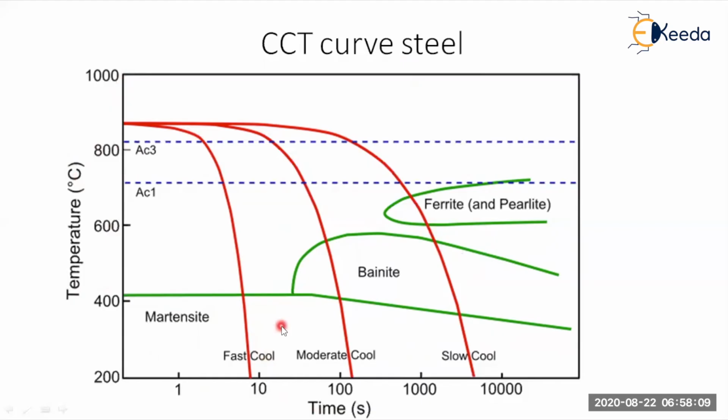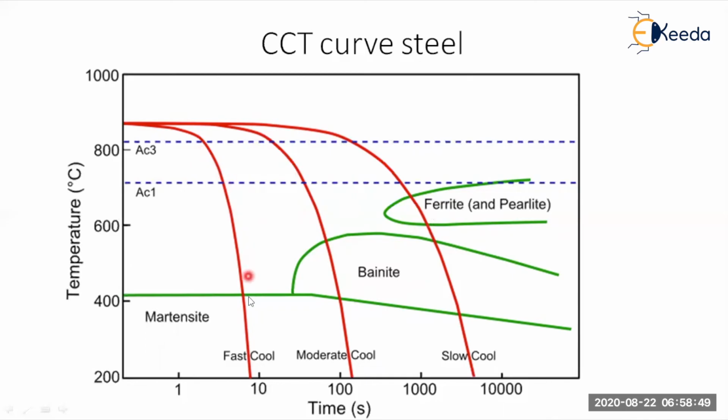In the TTT diagram, the main difference is that it shows the same materials, but at constant temperature. But here in the continuous cooling transformation, at the left extreme position you can see the martensite, at the right extreme position you can see the ferrite and pearlite structures, and in the middle portions you can see the bainite structure. Anyway, in the TTT diagram also you have seen three curves: transformation begin, 50% transformation, and transformation end. Here also you are seeing three red lines.